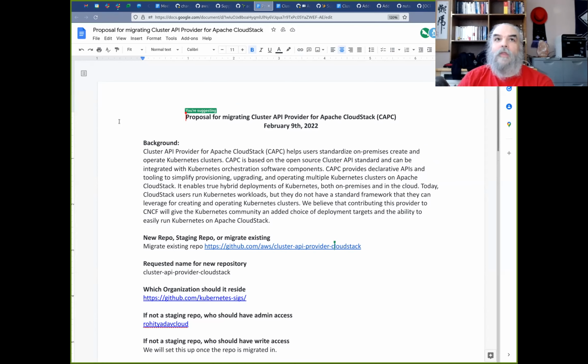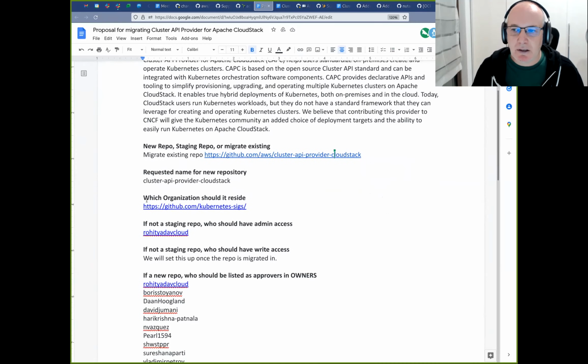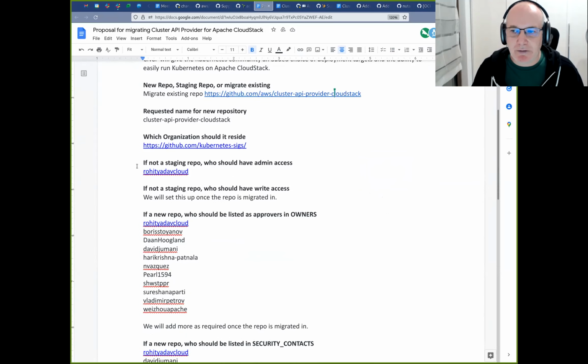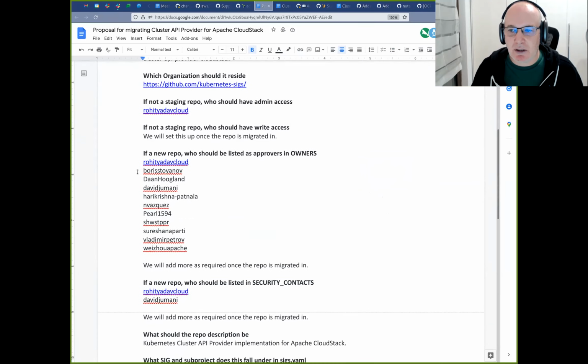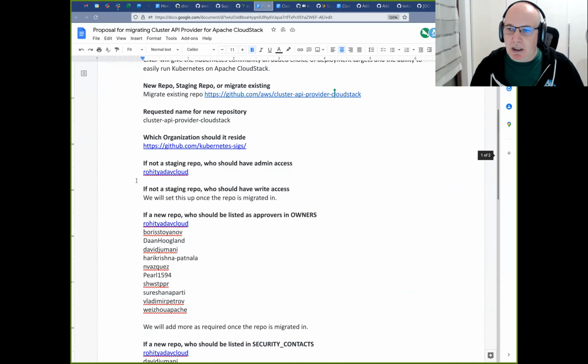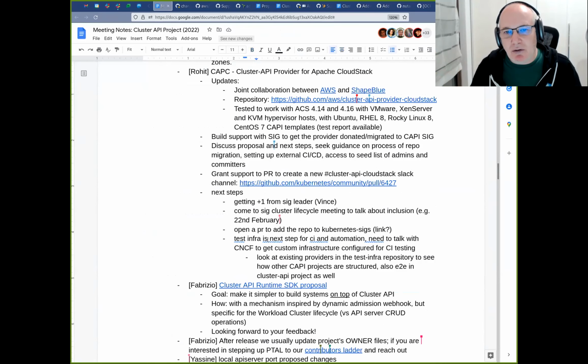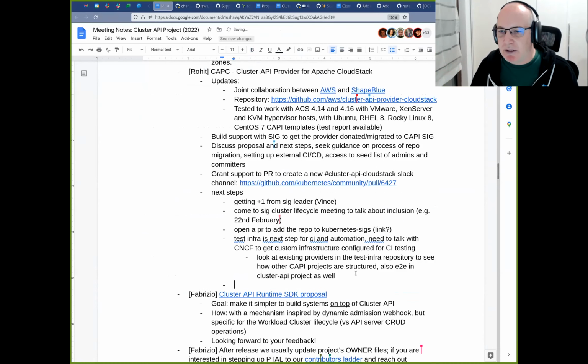Fabrizio, go ahead. So for the document, as far as I'm aware, there is no need to prepare a document to make your case, but feel free to work on it and keep it as your working document as you wish. For the Slack channel, I'm not sure whether you need a repository first, or whether you can have the Slack channel before the repository. I will check and comment on the PR.